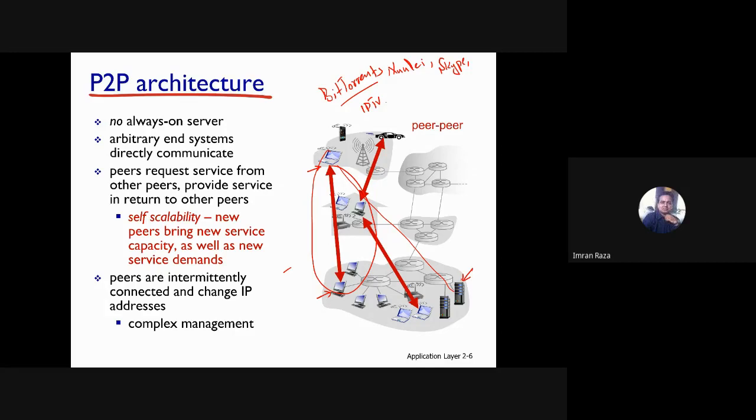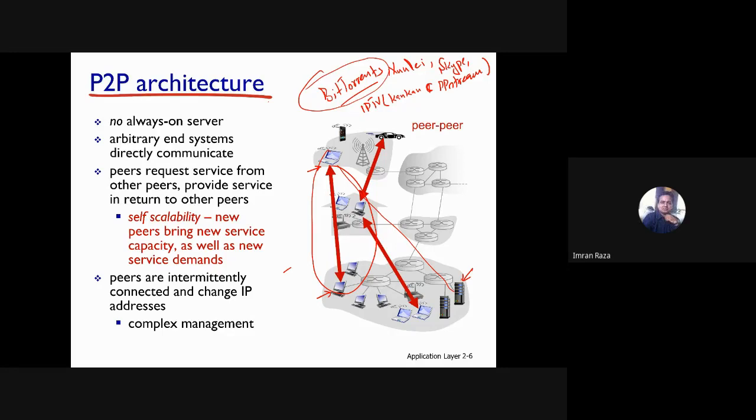Examples of such applications are Joost and PPStream. Right, so these are some of the applications that involve peer-to-peer architecture. Obviously, out of all these applications, we'll talk about the very famous file sharing application, BitTorrent.